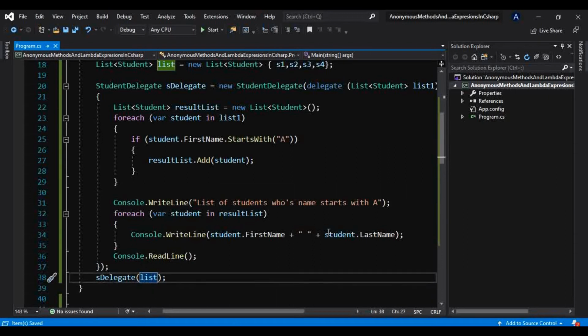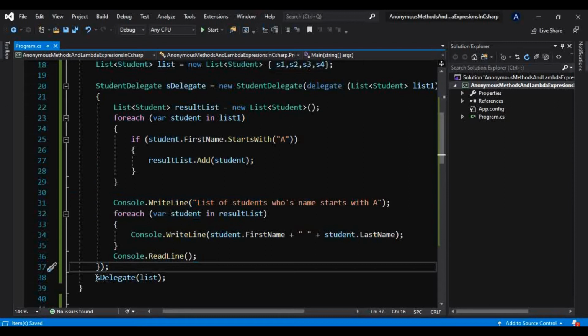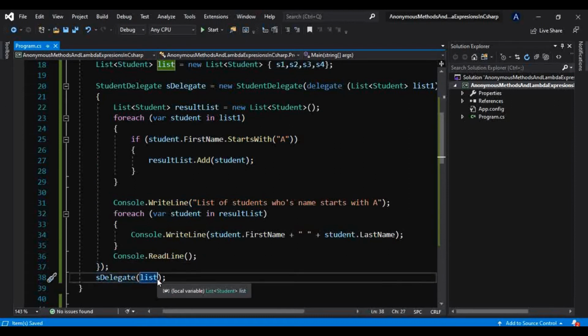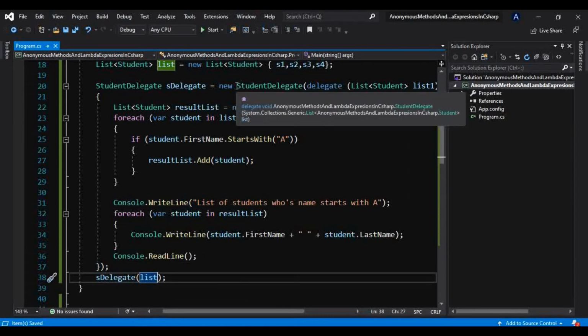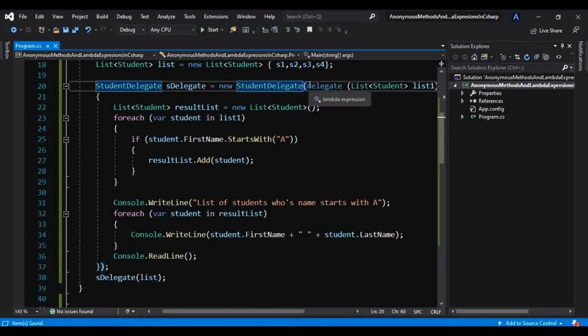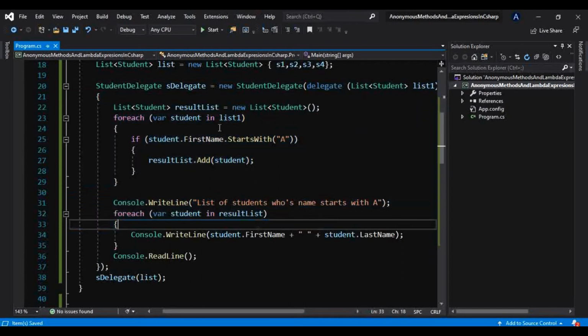Okay, so now just try to understand, guys, that we are passing this list into the constructor, into the instance of this delegate, and we are passing this anonymous method as well. We are defining that right here in the instance of this delegate, instead of creating this method somewhere else and passing it to this instance.